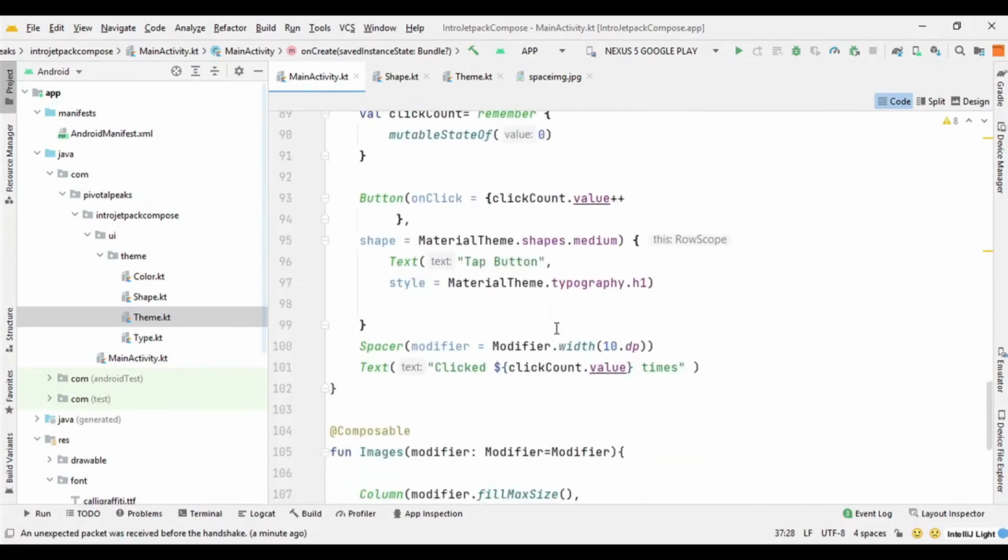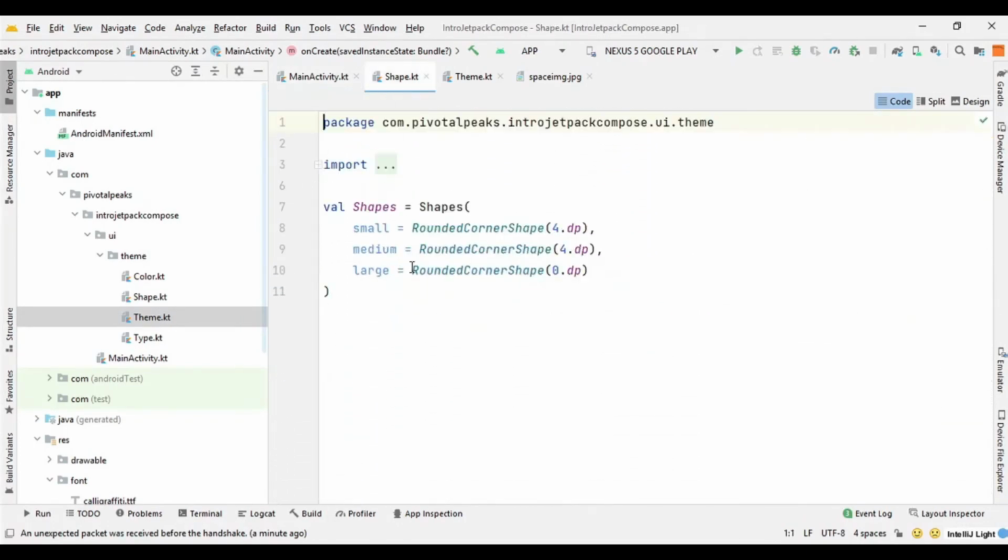Now we need to apply it in our image. So let's go to our image, and you can see there are three kinds of shapes here: rounded corner shape, small 4dp, medium which is also 4dp. We need to increase it, otherwise we won't be able to see any difference.